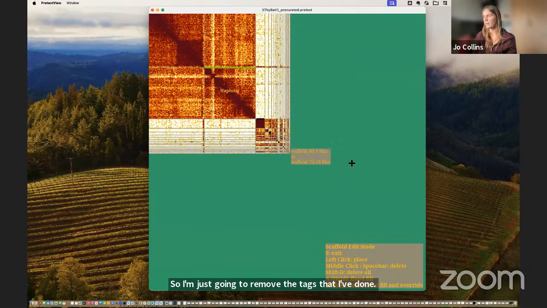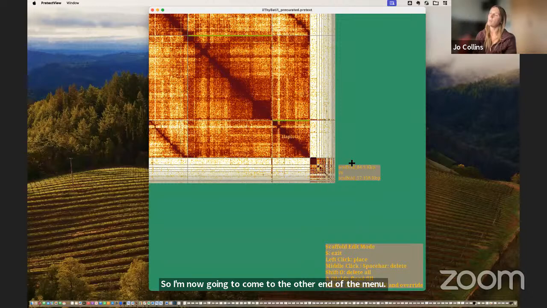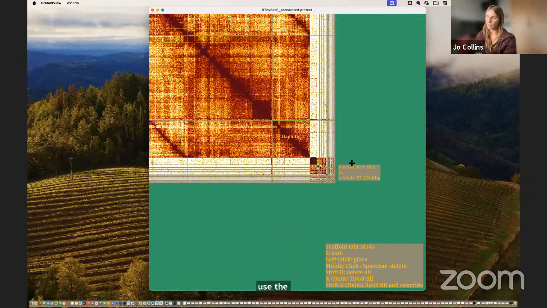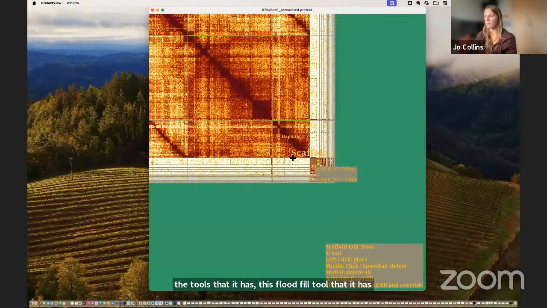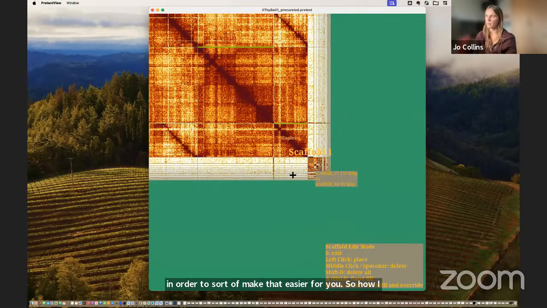And the way I do this is called flood fill. Basically that means rather than trying to pick up all the tiny pieces to paint yourself, you can use the flood fill tool that it has, in order to make that easier for you. So how I always start this is I click on a piece of shrapnel that I'm not going to